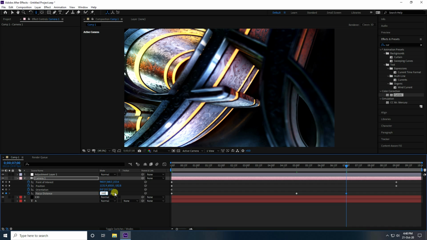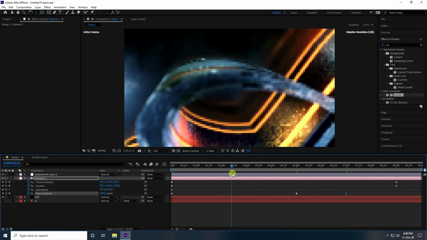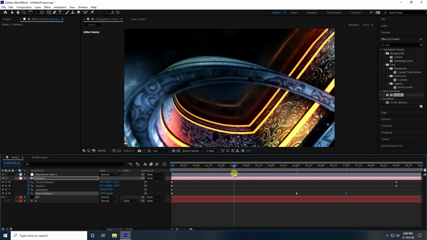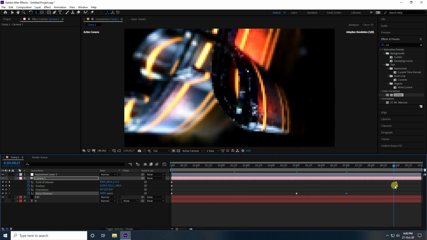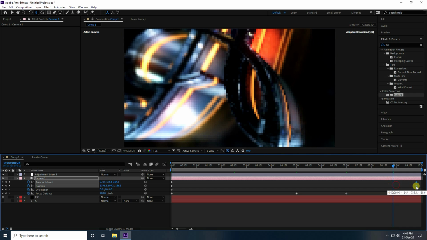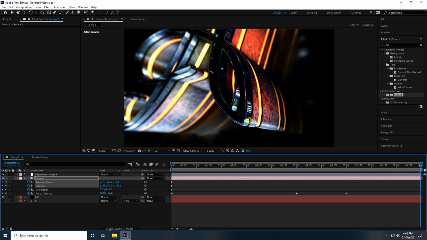Change more. Yes, much better, right? So go to here, like 2.5 frame. Yes, my focus distance is good. And lastly, go to 10 seconds and the focus distance is good, right?